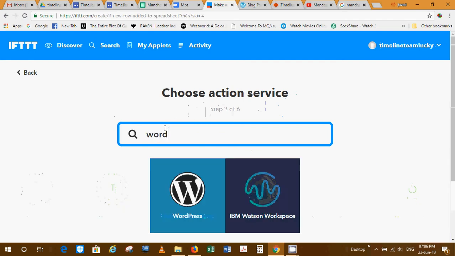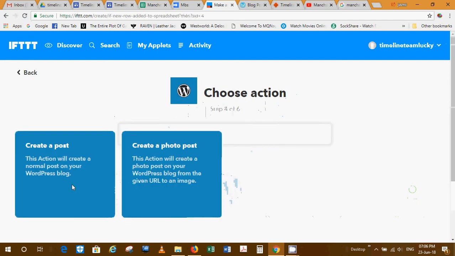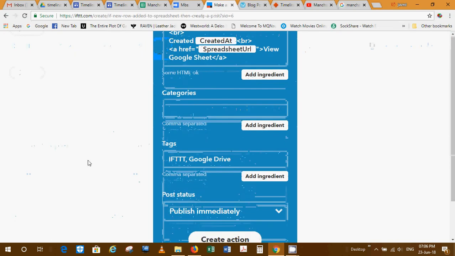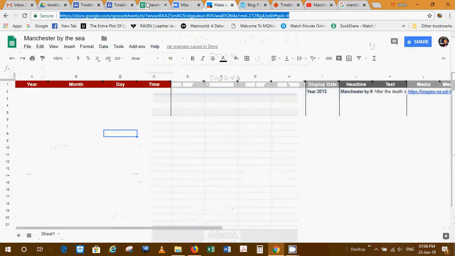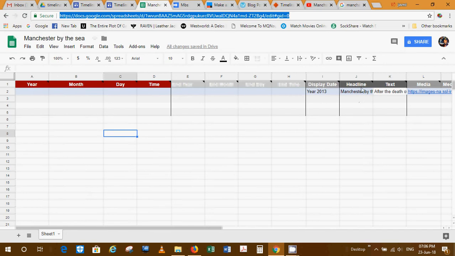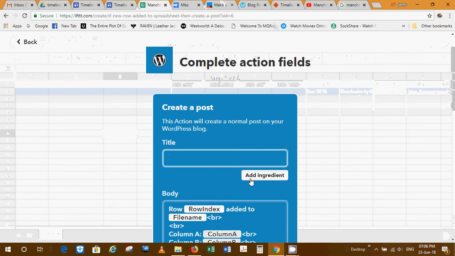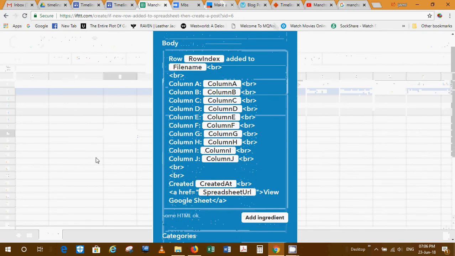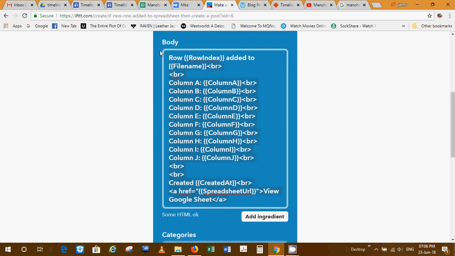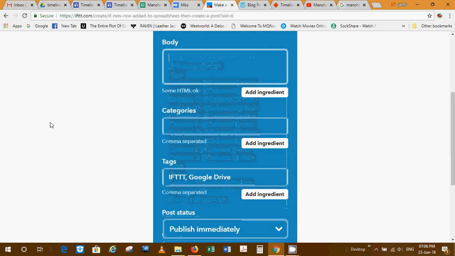Now plus that, choose an action, so WordPress. So choose action, it should be create a post. Now you have to configure these fields. For title, it's coming from the headline, so it's column J. So just column J, and in body I'm going to write